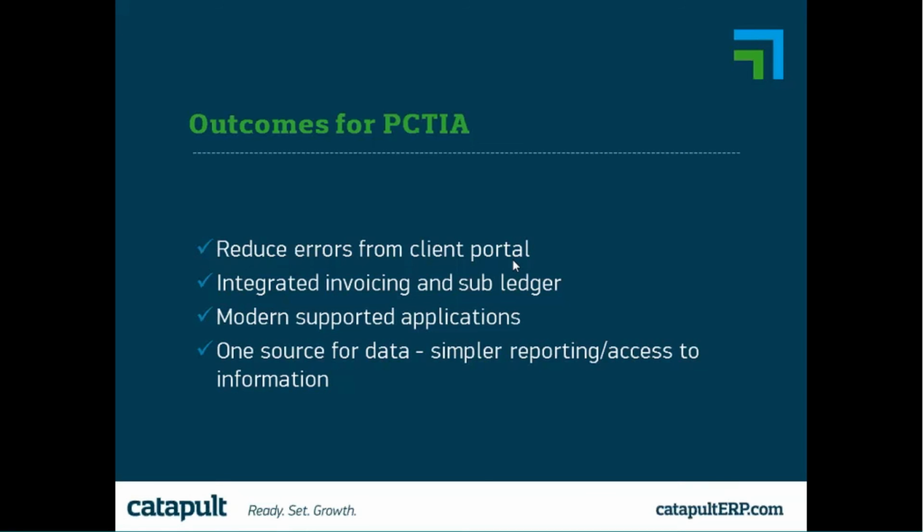So as I just said, reducing the errors from the client portals, essentially simplifying the entire process where we could, both from the accounts receivable and the institutional standpoint. And the last point, which was, I think, really the biggest win for them, was having the data in one repository. And being able to pull all of this into NAV allowed us to provide different views into the data. And what we actually ended up doing with this data, now that we pulled it all into essentially one custom table for them, leveraging as much base NAV as we could, what we started to do was